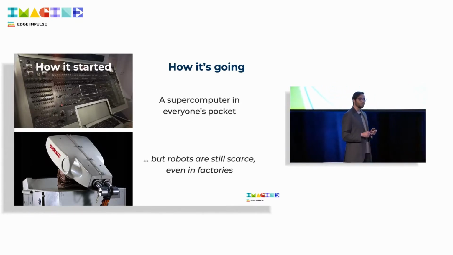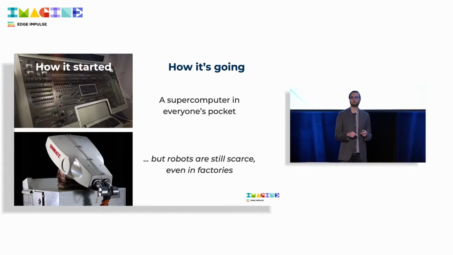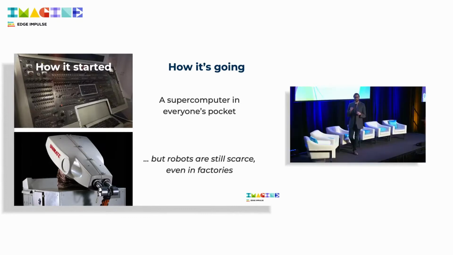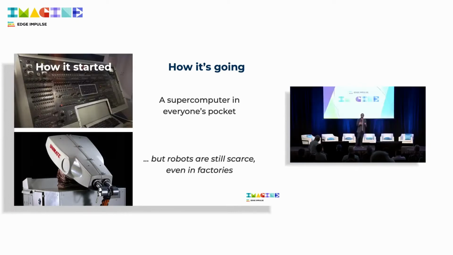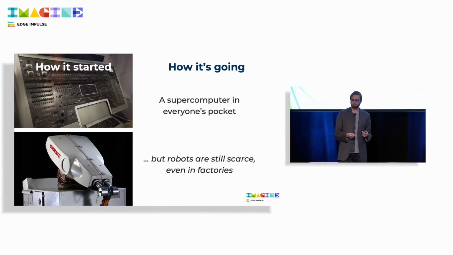Today, there are hundreds of computers in this very room, in this building. Yet there is precisely one robot in this building. And that's a robot that our company brought here as a demo. So where are all the robots? How come there are only 40,000 robots sold per year in the United States and 400,000 globally, a number that is less than the number of iPhones that Apple sells in a day?